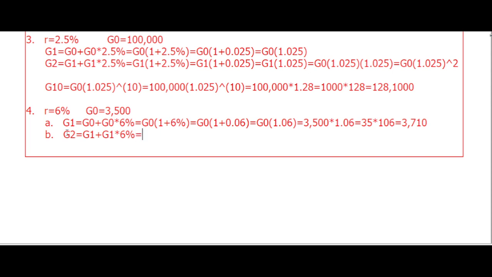Let's take G1 common: G1 into 1 plus 6%, which is G1 into 1 plus 0.06, which is G1 times 1.06. We have the G1 value here, 3710 times